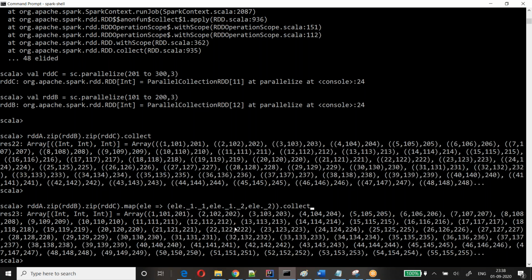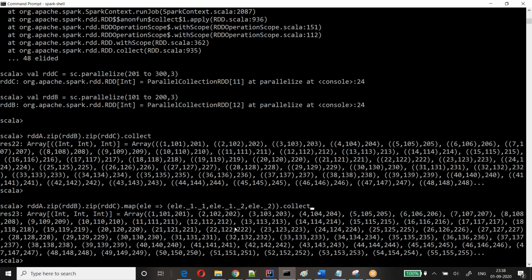Okay, so there are some more: zip with index. You guys can try zip with index and zip partitions. There are a few more transformations. You try that. If not, I will try in the next session. I'll show broadcast and accumulator also. With that, we have completed RDDs with all the explanation. Most of the explanations and most of the transformations we have covered. And day after tomorrow, I'll be expanding about